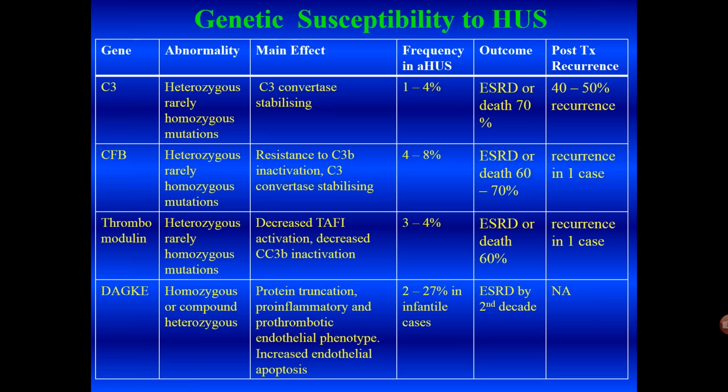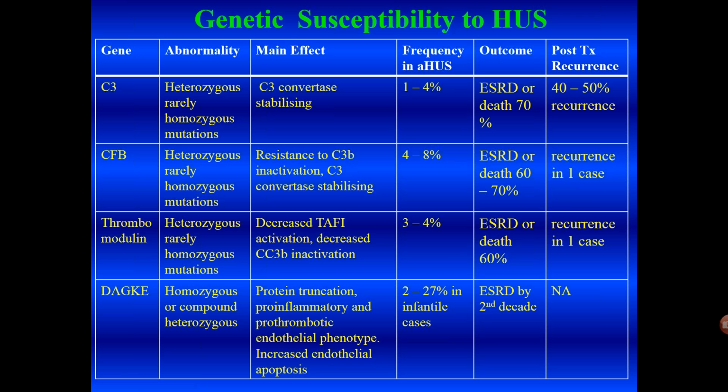In the last 7 or 8 years, a group of disorders which have a clinical phenotype of thrombotic microangiopathy have been described, but in which the complement pathway was not involved. Rather, intracellular proteins like diacylglycerol kinase have been involved, and this has been described very recently. There are about 30 to 40 case reports in the world literature. It's seen almost exclusively by a presentation in the first year of life and the development of repeated episodes of thrombotic microangiopathy of the kidney with end-stage renal disease by the second decade, or another intracellular protein, thrombomodulin, which has also been involved.